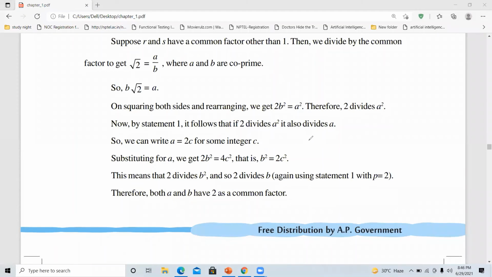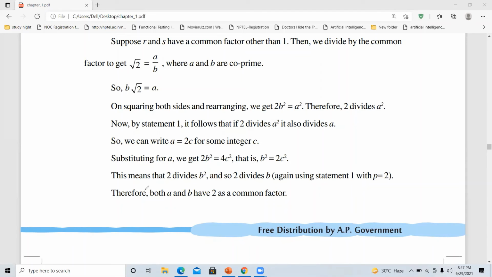Since it divides a, we can say that if 2 divides a, then there will be a quotient which is a constant. The value of a divided by 2 will be a constant. By statement 1, we have successfully proved that 2 divides a. Since 2 divides a, the result should definitely be a constant. For example, if I take 4 as a, 4 divided by 2 will be 2. Since we do not know the value, I am considering that integer value as c.